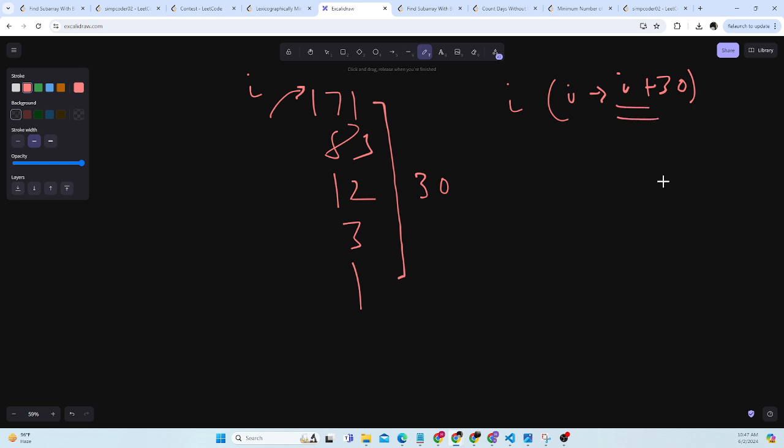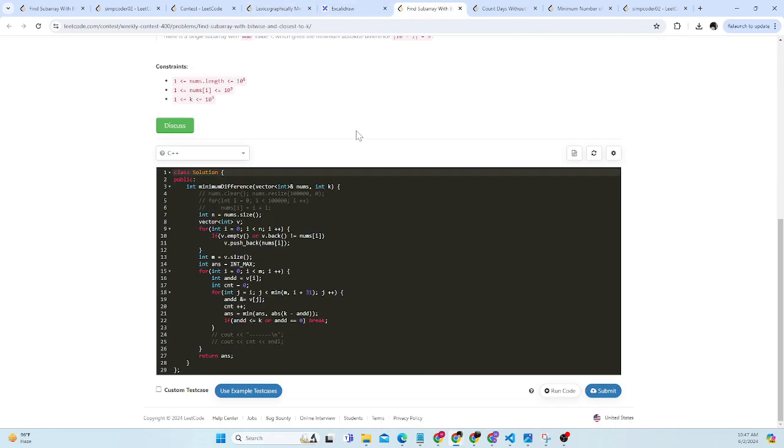So after 30 moves, all bits will become 0, and then continue to remain 0. So that is what I have done. So what we'll do